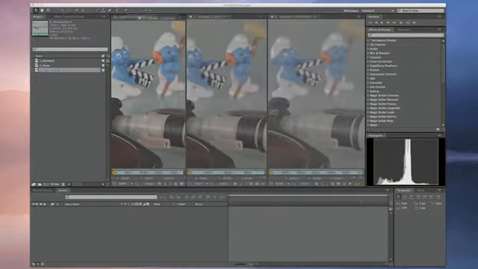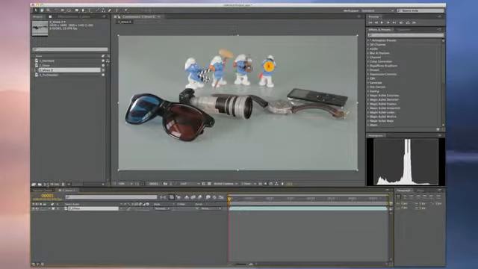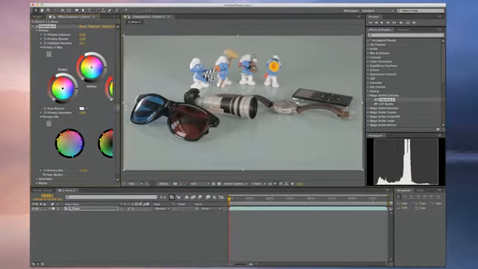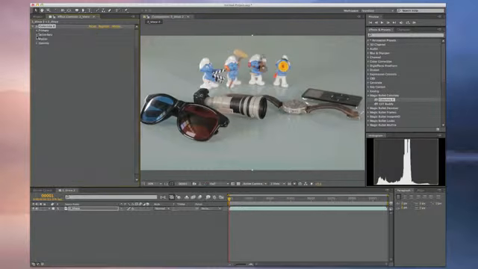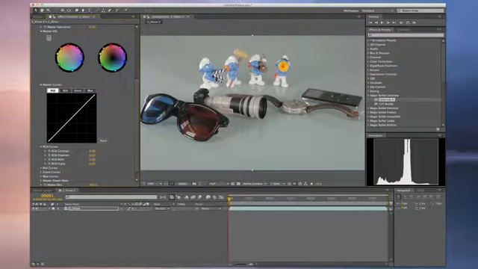All right, so let's do some color correction and let's take a look at Vince's recommended settings. I'm going to use a plugin called Colorista 2, which is from Red Giant Software. And it's one of my favorite color correction tools within After Effects. I'm going to go down to the master section, and what I want to do is I want to boost contrast and saturation. So I'm going to go down to this contrast control. I'm going to add some more contrast, and what you can see is it's stretching this histogram from shadows to